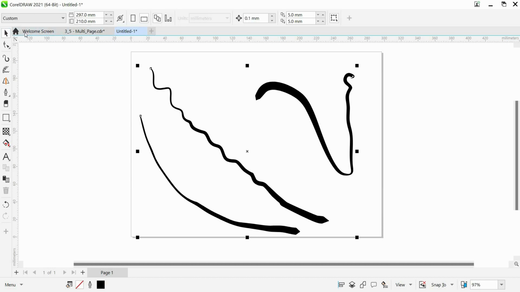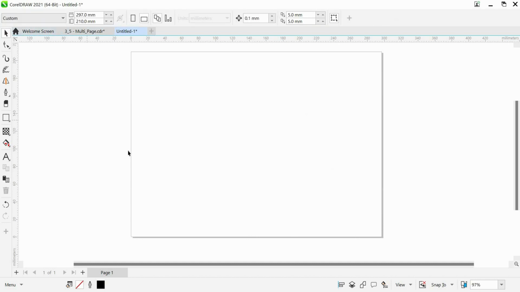Let's go ahead and select all these, and delete. The toolbox has a limited set of tools at your fingertips. Although these tools are not on the screen, they are still accessible through shortcuts. And some of the tools that were on the standard toolbar are now in the toolbox, such as copy,